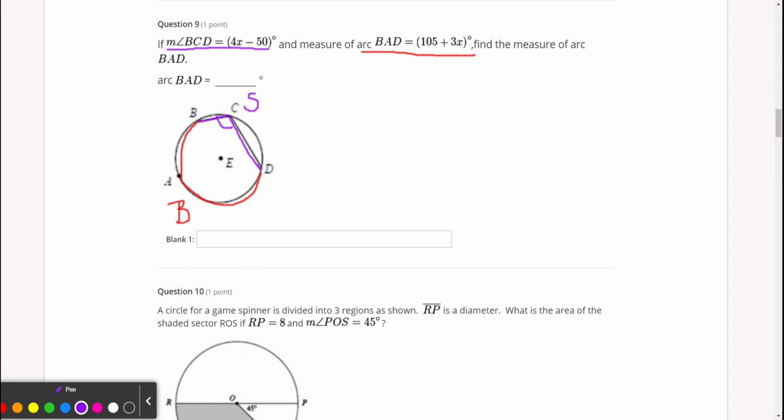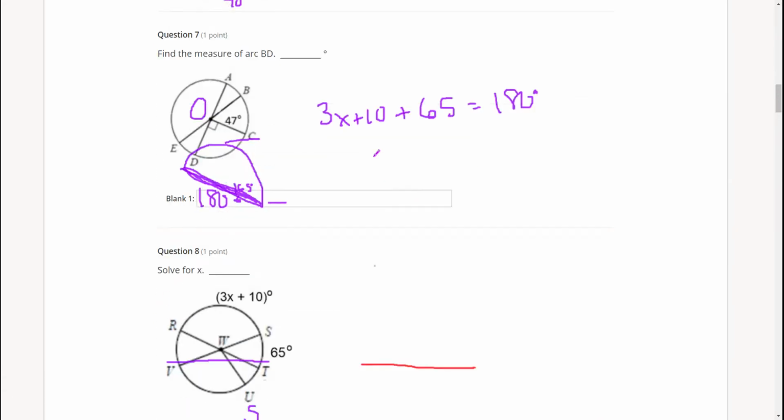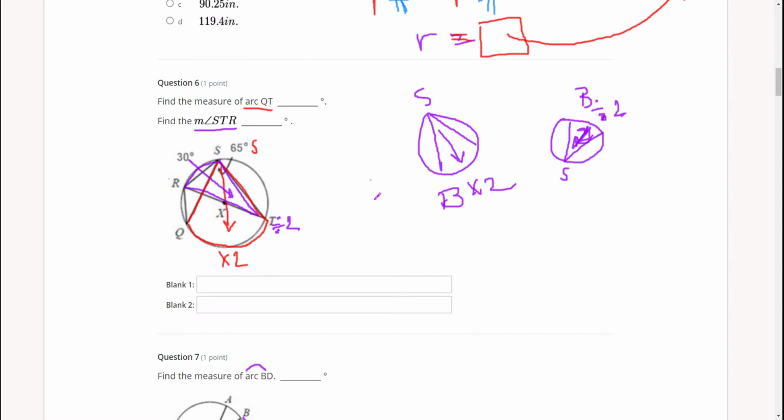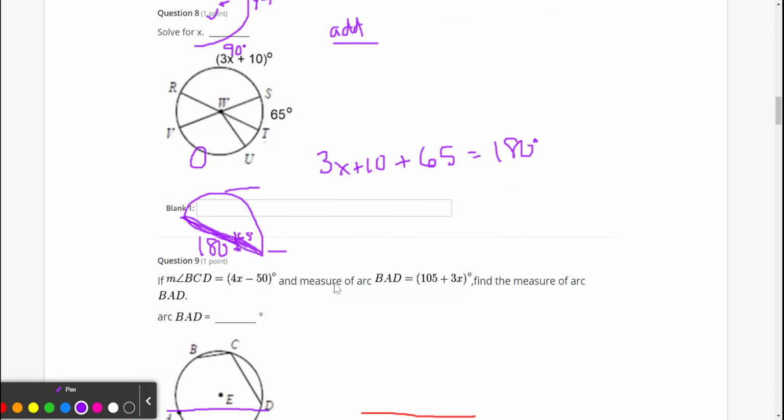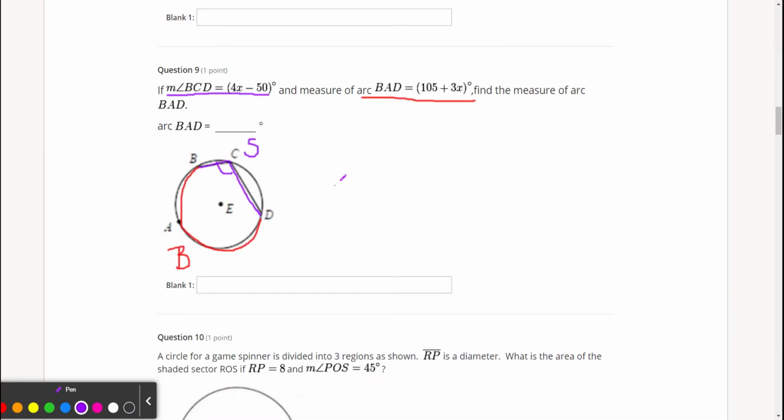I don't know at all. How are they related in number 6? What if we had the angle, what did we do to get the arc? Oh, divide by 2. If I start at the angle is small and we go to the big arc, we multiply by 2, right? So, yeah, Kaylani, you got it. Which one do we multiply by 2? The small thing or the big thing? The small things. We're going to take that small angle, 4x minus 50, and multiply it by 2,